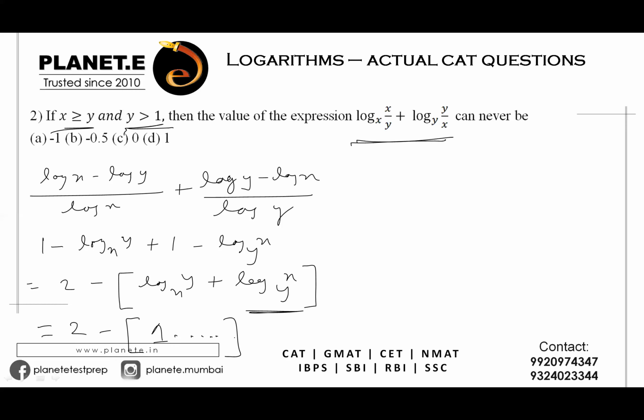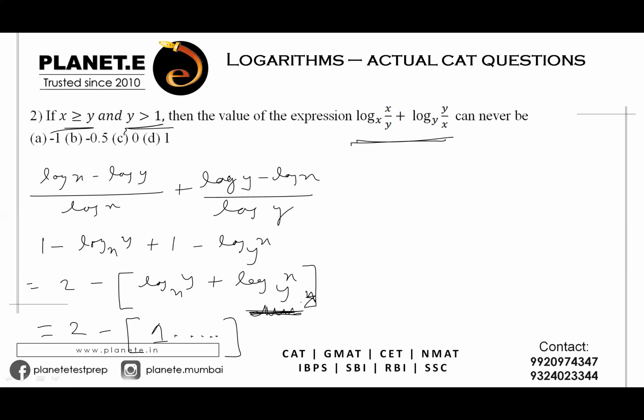So I am subtracting a value which will be 1 point something something. Agree or not? Because in this term, this is log x upon log y. X is greater than equal to y, whatever the value of x is. The denominator will be small, right? Because or at max equal. So at least 1 it is going to be, whatever happens, right? If this becomes 1, then this will also become 1. So what you are understanding is this value is at least 1. This value is at least 1.